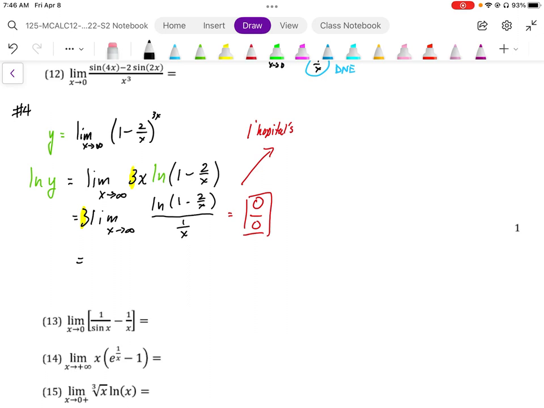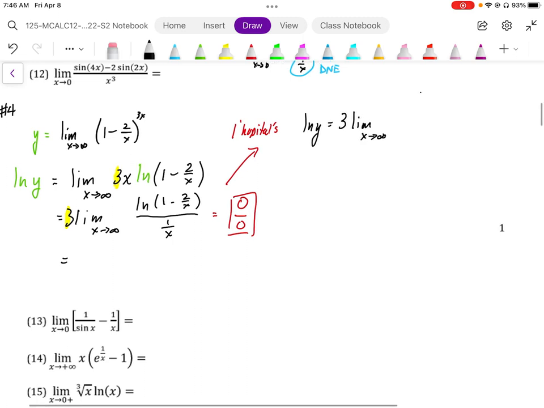So in applying L'Hopital's, I end up with log y is equal to 3, and the limit as x goes to infinity, and I end up with 1 over 1 minus 2 over x using the chain rule, so I get times negative 2 over x squared. In the denominator, I end up with negative 1 over x squared. I have some things now canceling out. Those negatives cancel, the x squareds cancel, and so when I simplify this expression, I get 3,